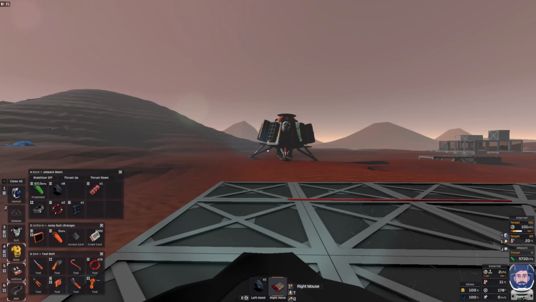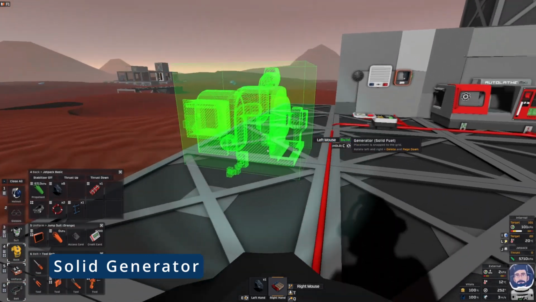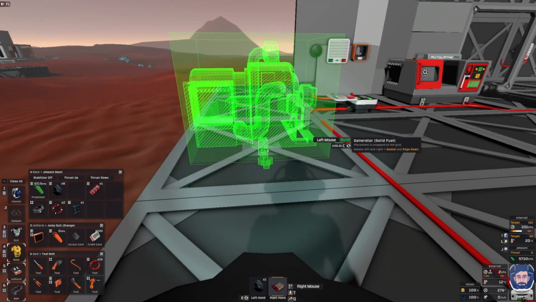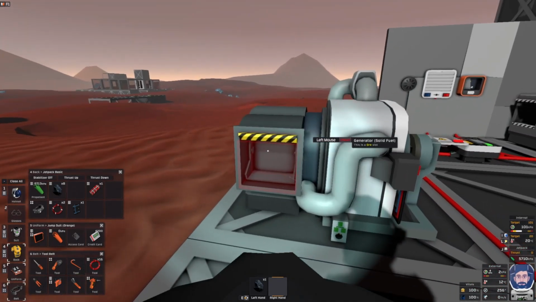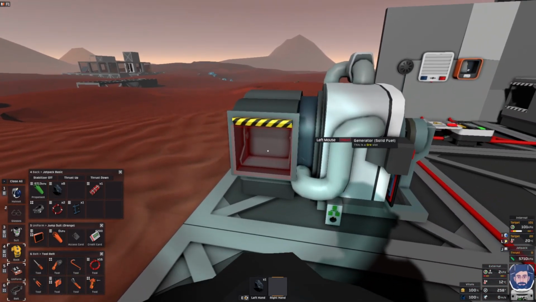So let's take a look at generators. In your starter kit, you will have a solid generator. This one allows you to turn fuel into electricity. You can place this generator on a frame, and it is built in a single step without requiring any additional items. On the front of it, there is an item input port where you will need to supply coal,